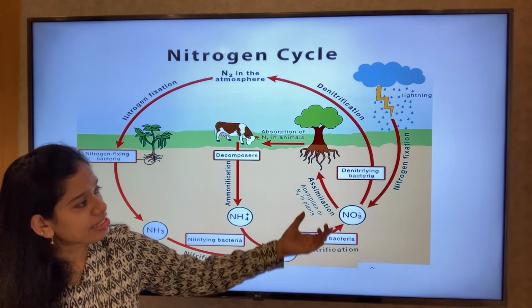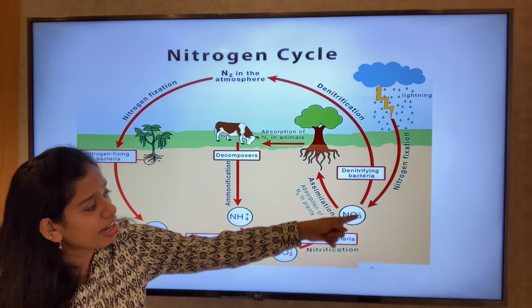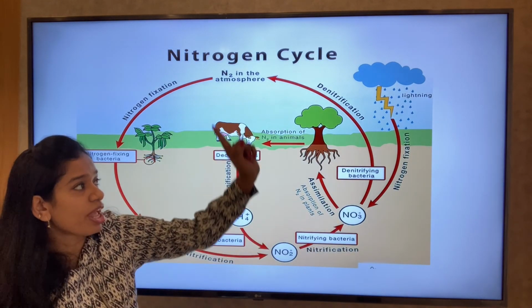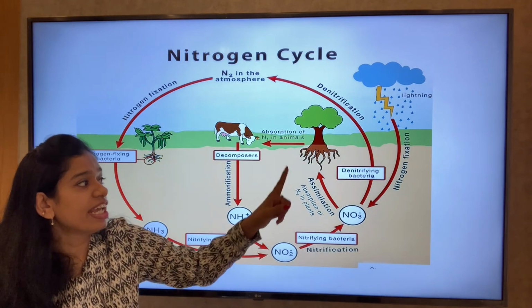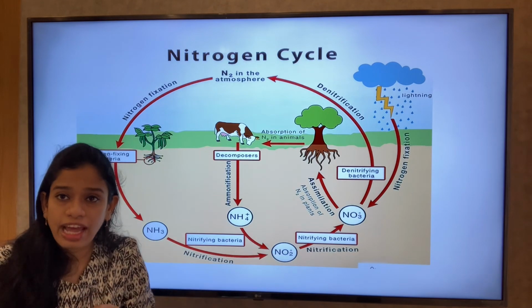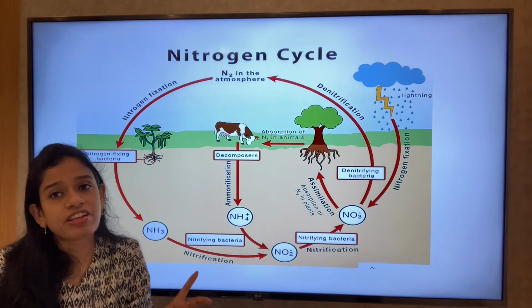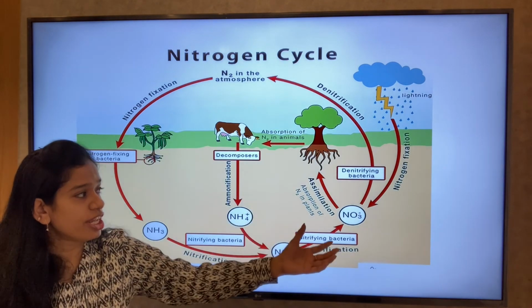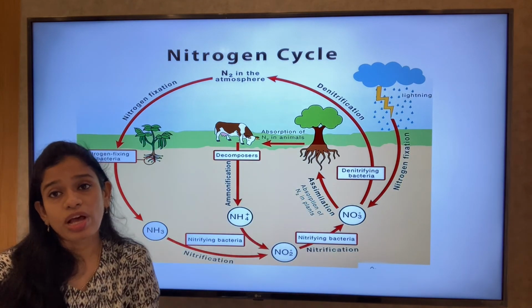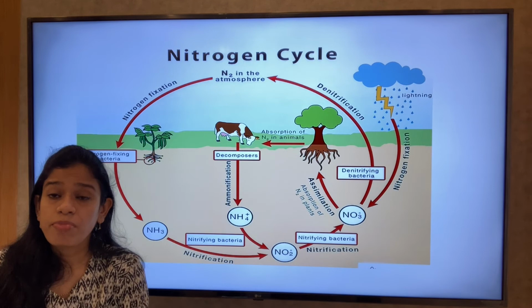So this denitrifying bacteria converts this nitrogen into the nitrogen in the atmosphere. Not only that, even lightning also does the process of nitrogen fixation, that is, it fixes the atmospheric nitrogen into the soil. So we can see this denitrifying bacteria also has a very important role to play, because this